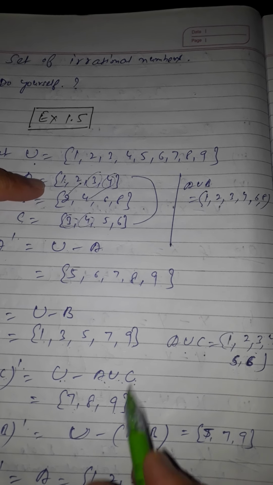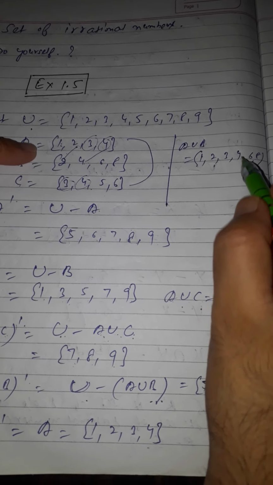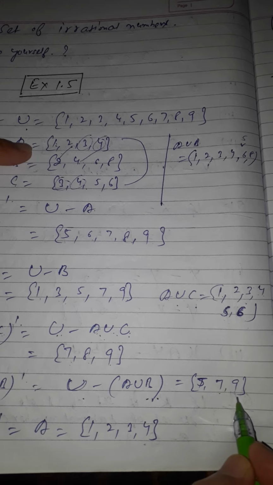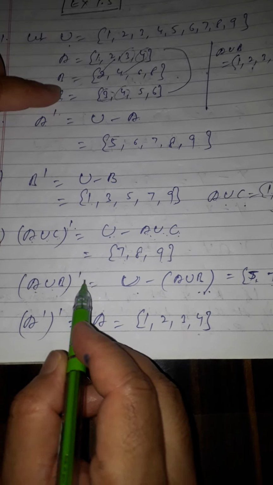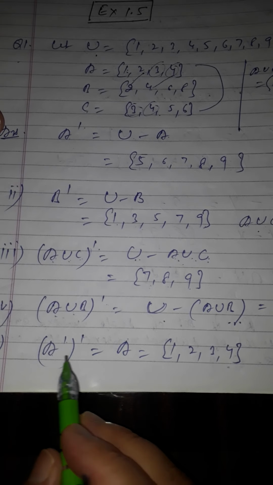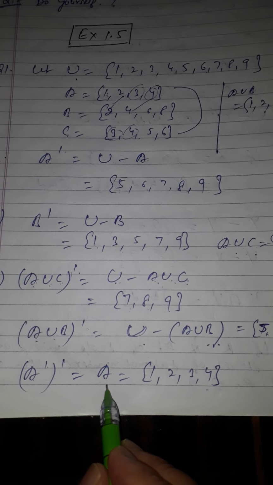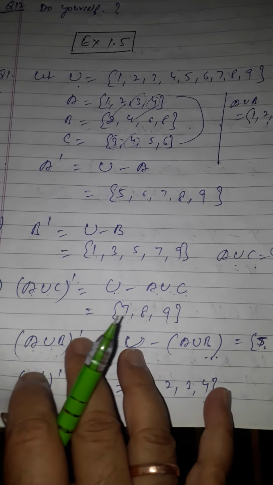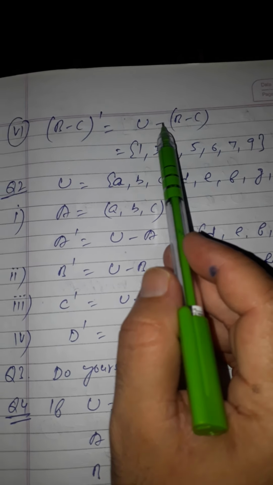So while we will find out U minus (A union B), which elements are left here, 5 is left, and after that 7 is left, then 9 will come, then students. So it will come as 5 7 and 9, that is (A union B)'s complement. So the fifth one is (A complement)'s complement. Always remember, if we are doing the complement 2 times students, the same element will come, that is A is there, therefore that will come as 1 2 3 4, right? So come to the sixth part, (B minus C)'s complement, that is equal to U minus (B minus C).